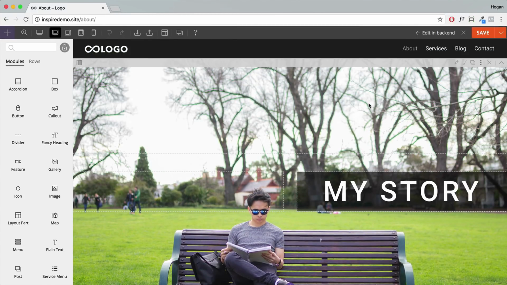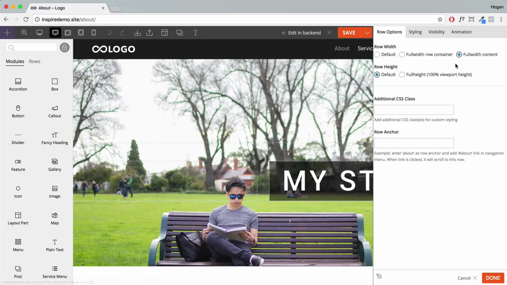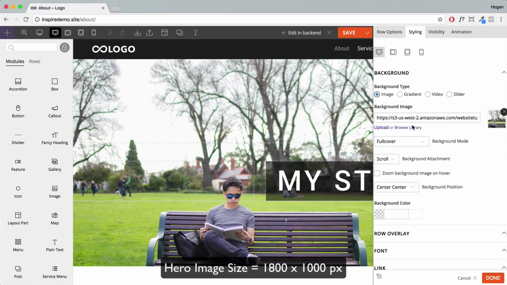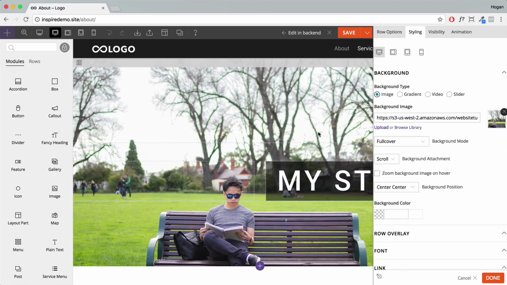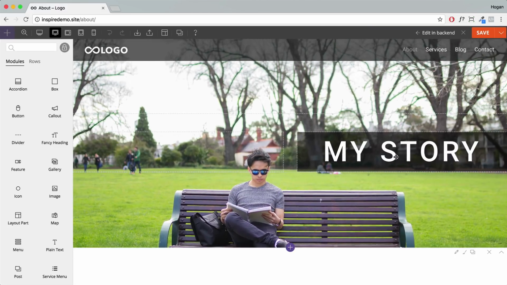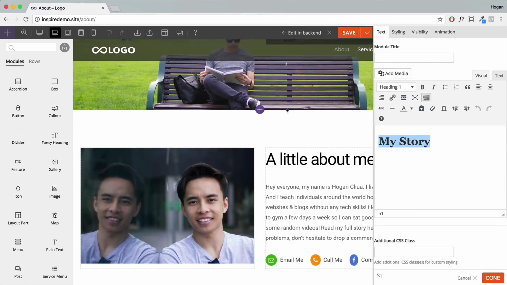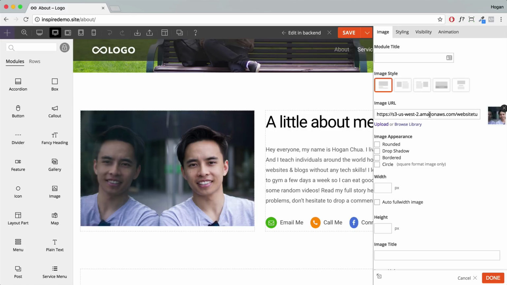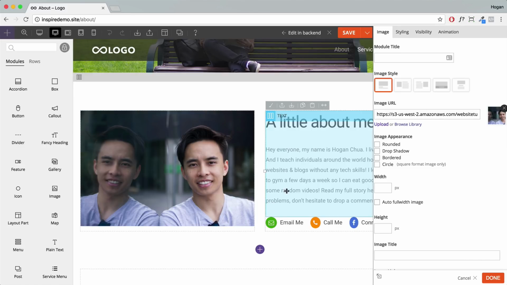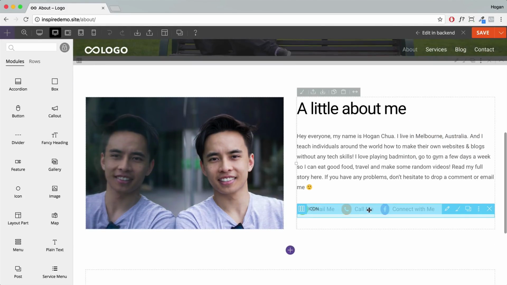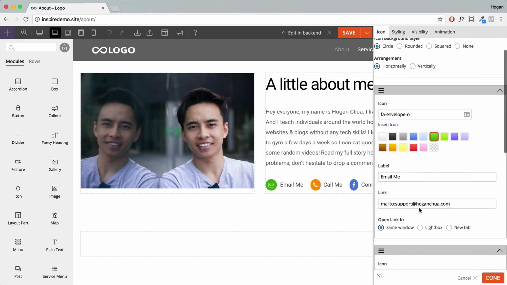images. So for example, you can just click on the row options here, and go to styling, background, and upload, browse library, and upload your own image. Alright, so keep everything the same, click on done. You can double click on this section here to change the text. You can also double click on the image here to change your image, and double click this section to change your about me. Okay, so click on done, and